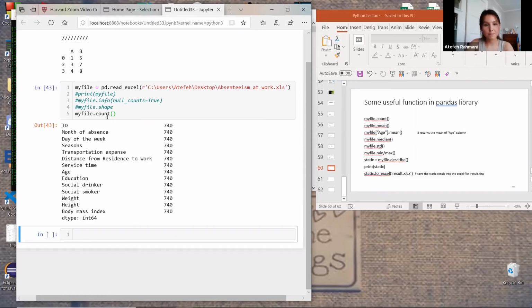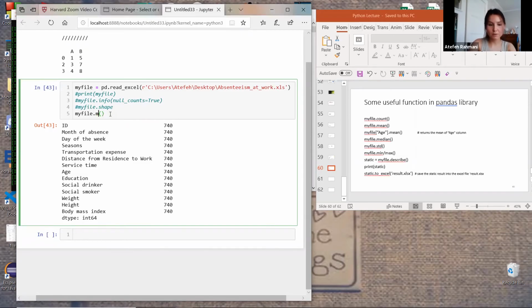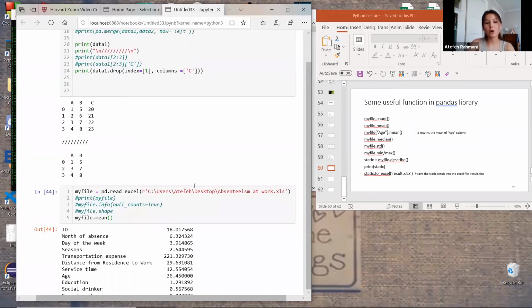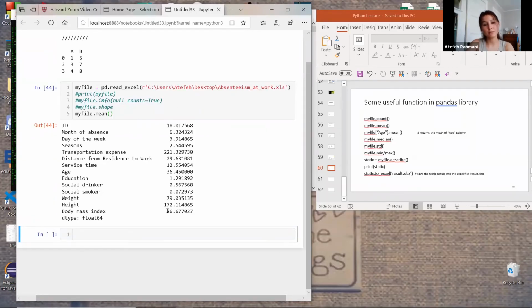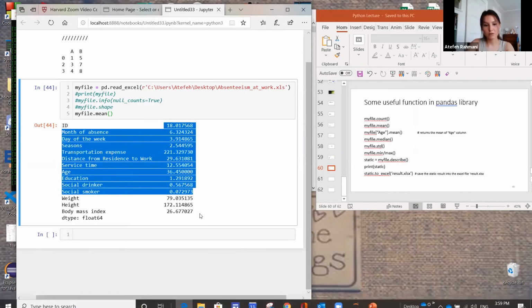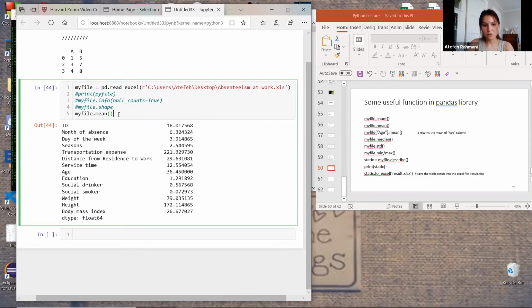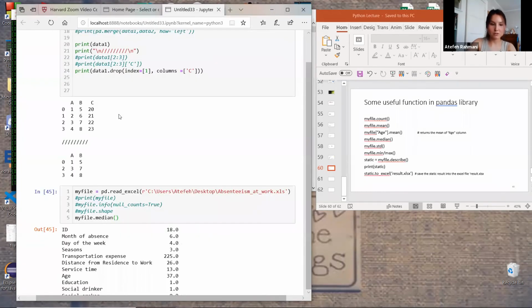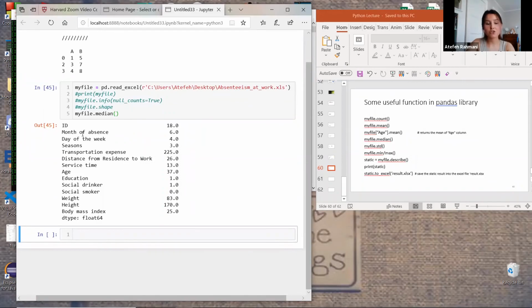Is that okay? Mean returns the mean of each column. See, mean returns the mean of each column nicely like this. We are almost out of time. Okay, mean and median. Let's just try this median. Median does the same thing also. It just returned the median of each attribute, each column that we have. Mostly in an Excel data sheet, we work by columns. Next time we will do more statistical functions